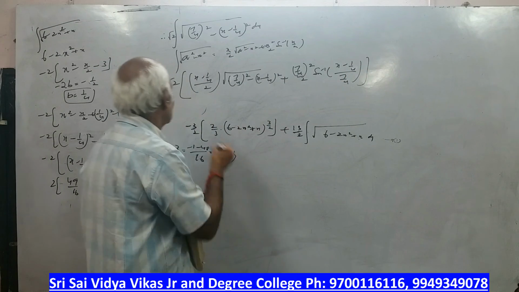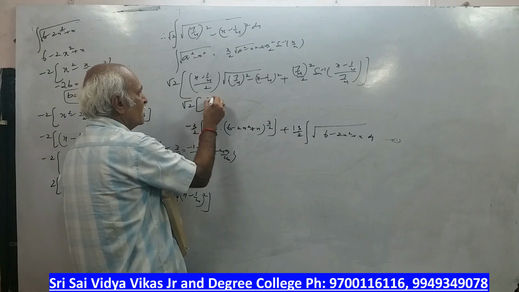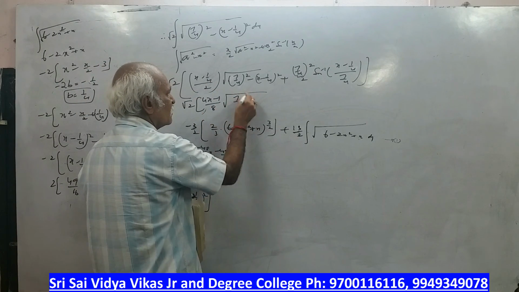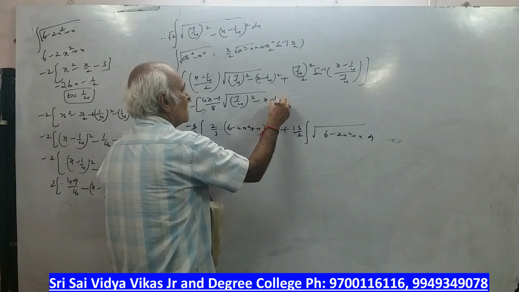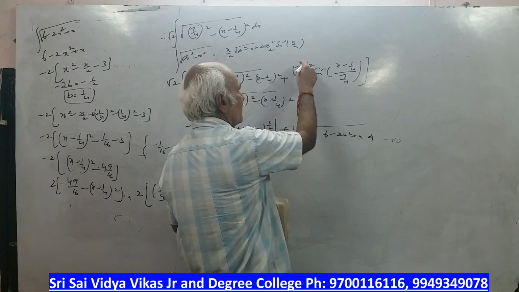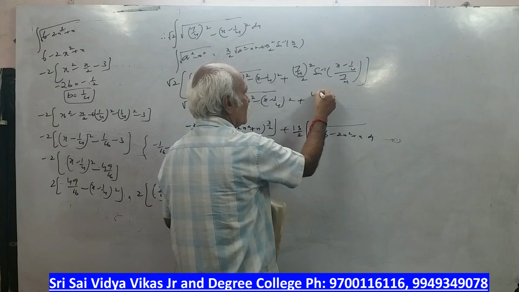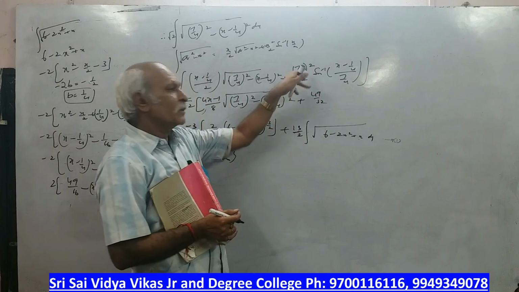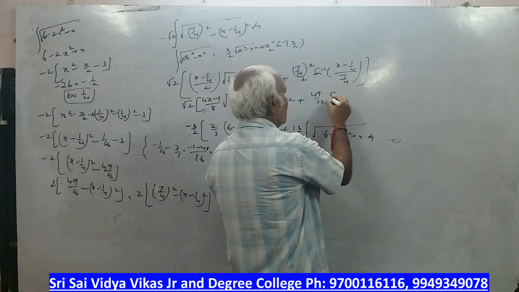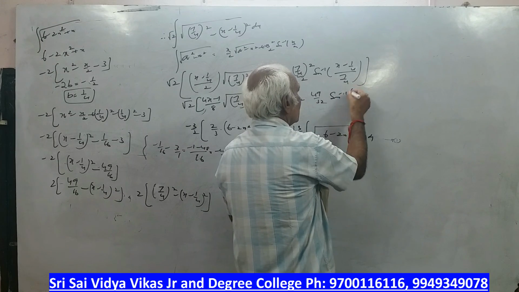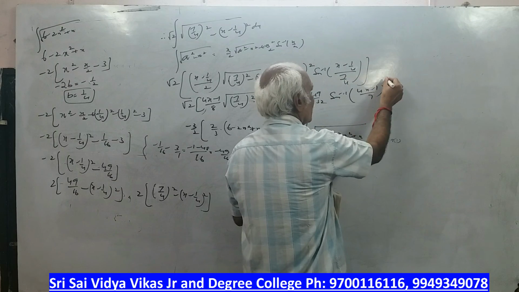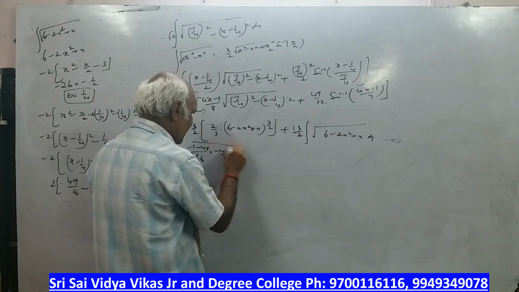Okay. Therefore, root 2 into 4x minus 1 by 4 into 2, 8. Right? Then 7 by 4 whole square is 49 by 16 into 2. So 49 by 32. Here 7 by 4 whole square means 49 by 16, into 2 will be 32. Here sine inverse 4x minus 1 by 7. 4 will get cancelled. Therefore, I am writing here final answer.